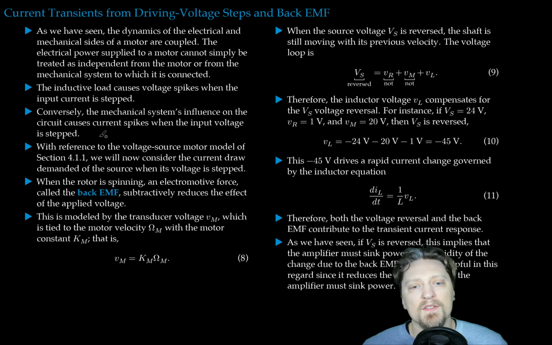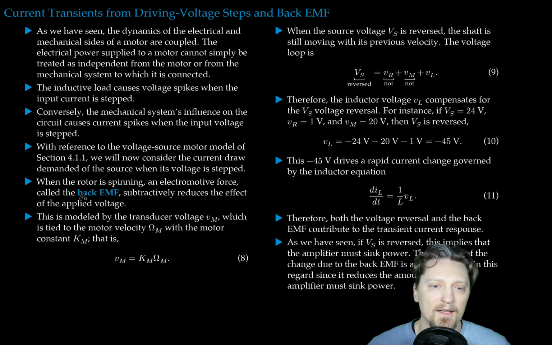When the rotor is spinning, an electromotive force called the back EMF subtractively reduces the effect of the applied voltage. This is modeled by the transducer voltage Vm, which is tied to the motor velocity omega m with the motor constant Km. That is, Vm equals